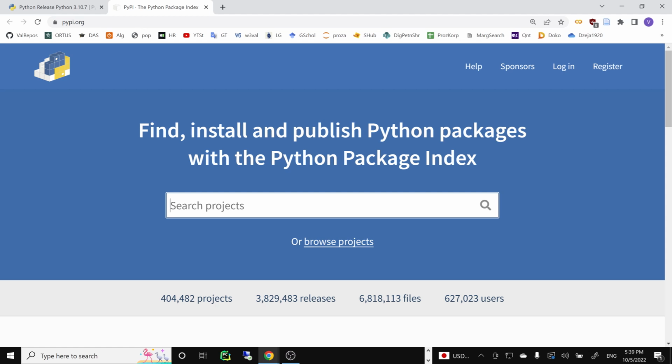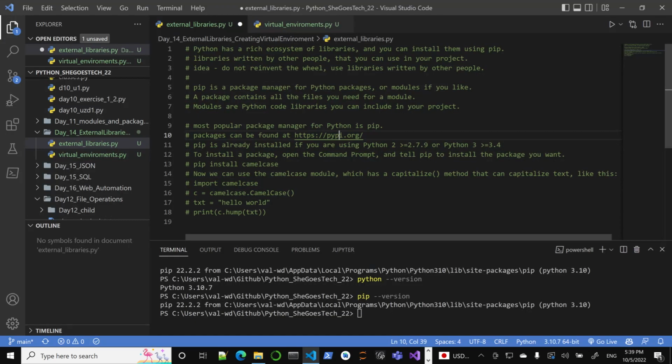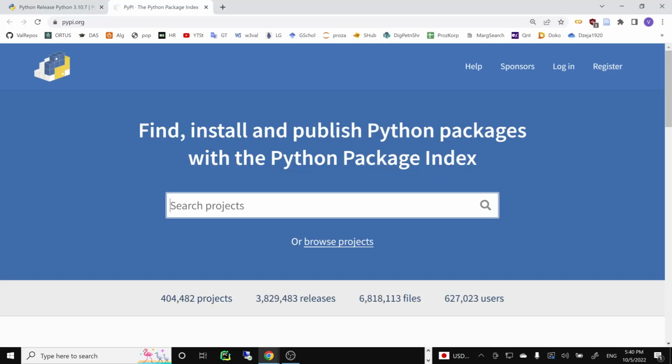So you should check, right? You should check here before you install a package, unless you are 100% sure about the package. Okay, so there's a camel case recommended by my Copilot assistant. It's not a library I would use. It's probably something very small. So let's check. So camel case,